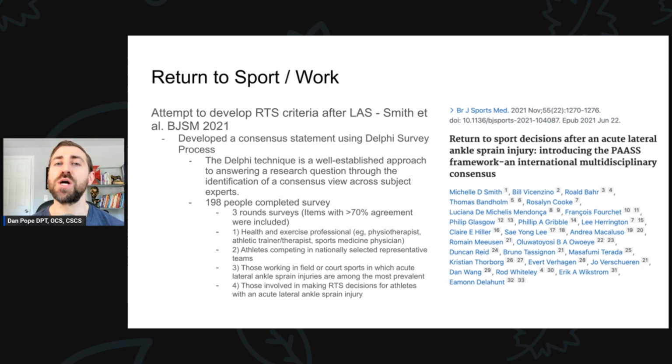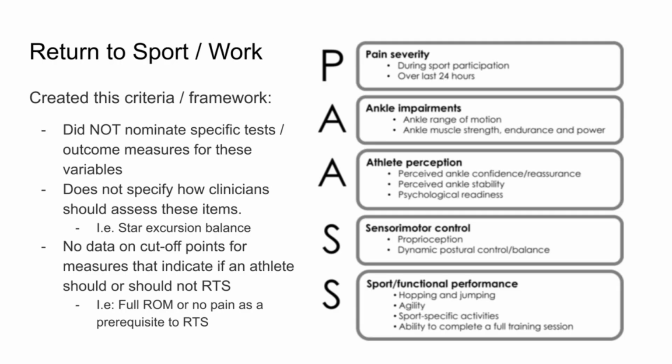So they did a pretty good job of selecting folks that were considered experts in the field of lateral ankle sprains. And they utilized a series of 3 surveys sent out to these folks to try to figure out some sort of consensus in the way that we start treating these folks and then returning them back to sport after lateral ankle sprain. So they created this PASS criteria or framework. So PASS,